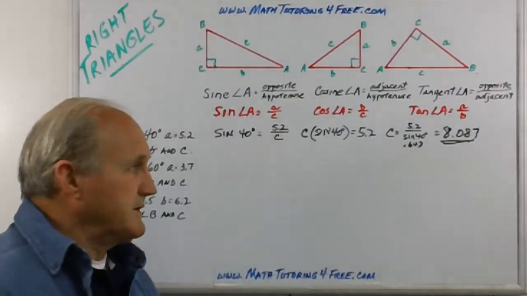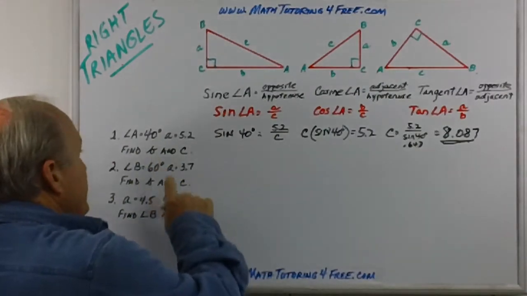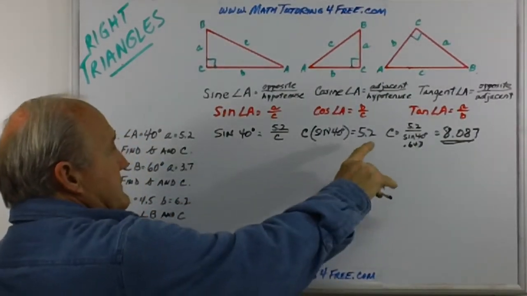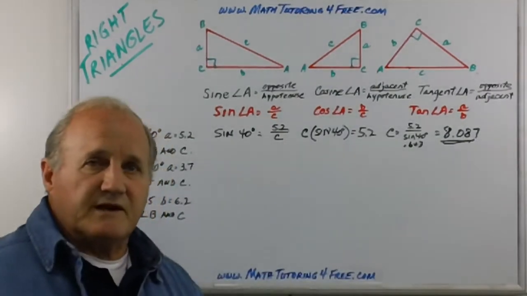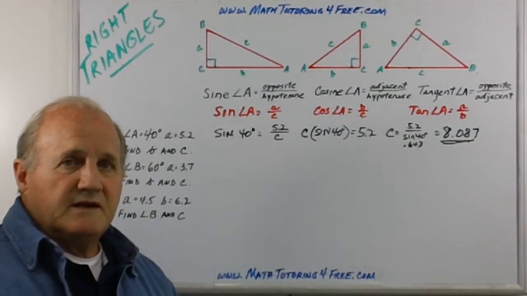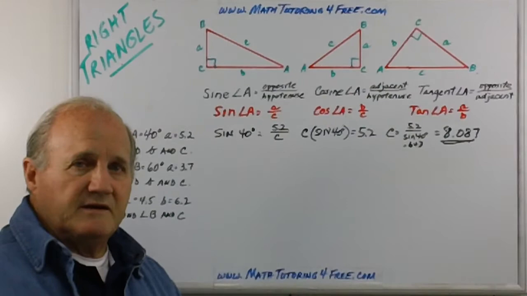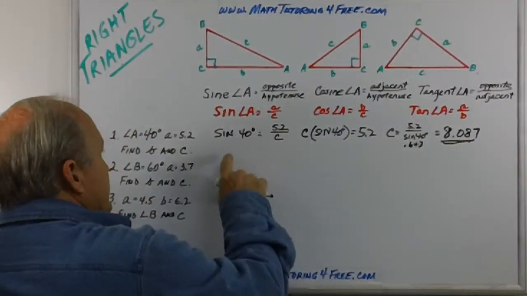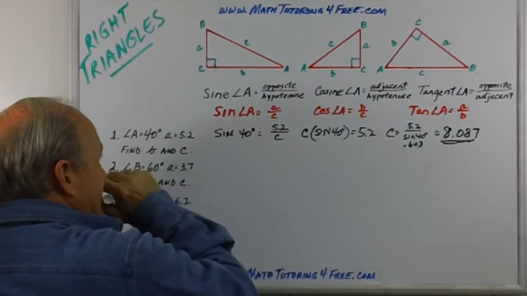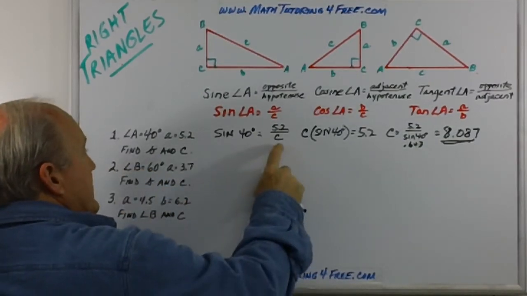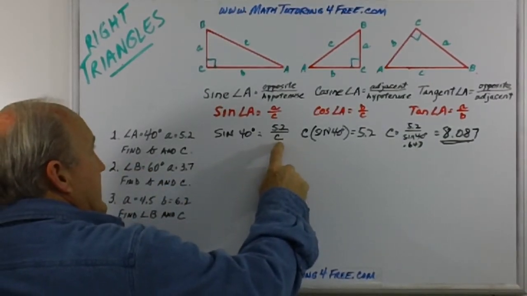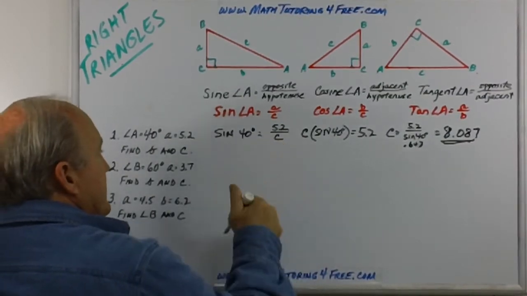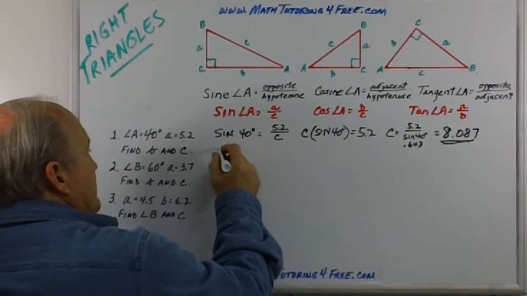What's the other one we want to find? Well, we want to find B. We have A was given to us and we have C. We could use the Pythagorean theorem, couldn't we? But why don't we go ahead and set the same one up again, but instead of sine, now what are we going to use? Instead of the opposite or the hypotenuse, we're looking for the side adjacent, aren't we? So if we use tangent,